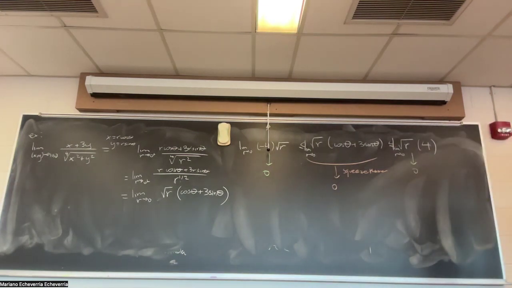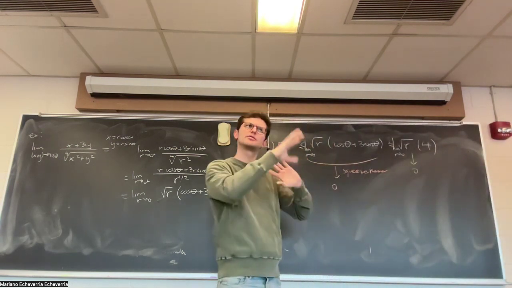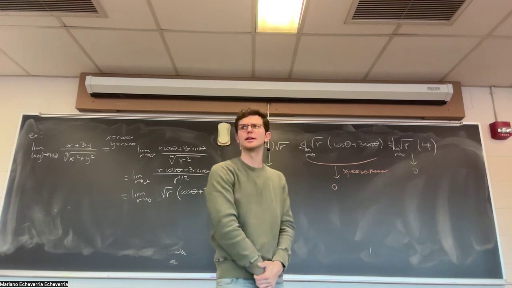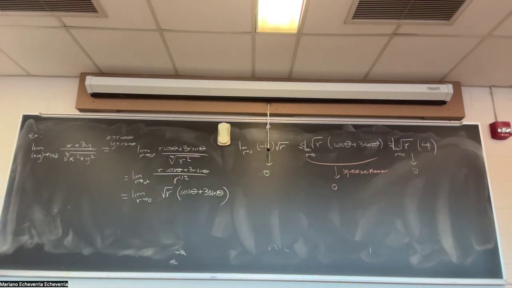So again, there are only 2 types of problems with limits. And after you do a couple of them, you get an intuition for when one happens and the other does not. But if anything, you can always check by switching to polar and see how things are behaving. So just to finish, before we leave,